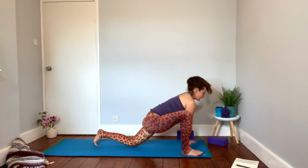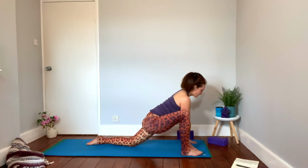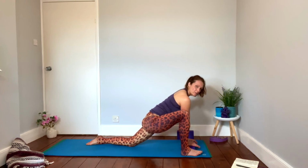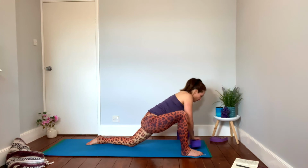And lengthen out of the waist. So I'm going to give you a few options here. This might be your lizard. If you've got blocks and the floor seems a bit far away, you can always bring your hands to the block. If you're very comfortable here,